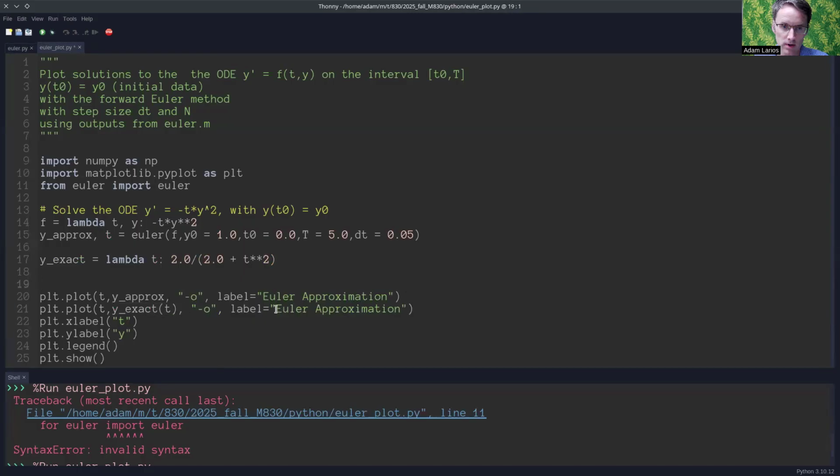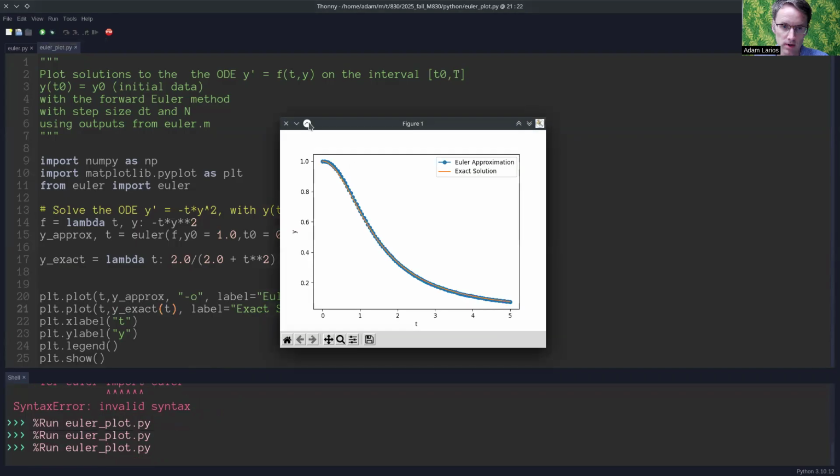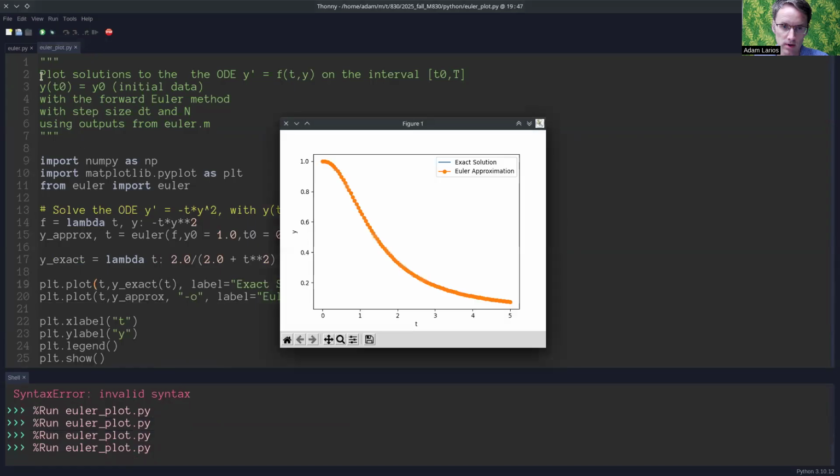All right, and this is no longer an approximation. Maybe we should say this is exact solution. And I think I'm going to plot it without any label. You'll see why. If we run that, I'm sorry, without any decoration, I hope you can see okay. At least on my monitor, it looks fairly good. We've got the exact solution in blue there, and then in orange plotted on top of it, we see this orange type solution. I just want to point out, if I were to reverse these plots, of course I should be a little bit more careful, but if I reverse them, then the